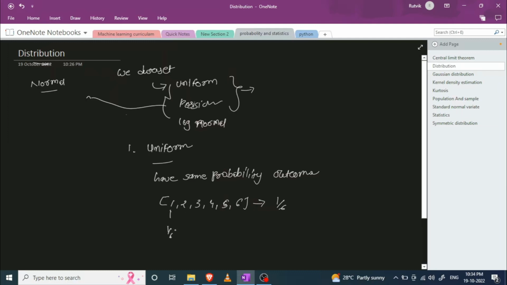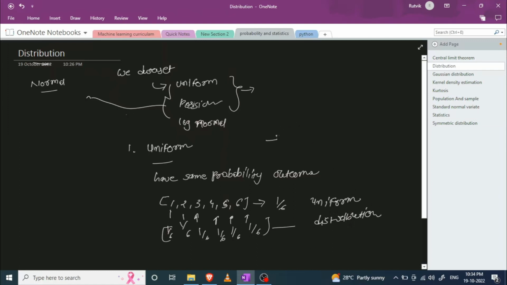So as you can see here, the 1 has the probability 1 by 6, whereas the 2 has the same probability, 3 has the same, fourth has the same, and fifth, and here is the sixth. So all numbers have the same probabilities, and this type of distribution we can say follows the uniform distribution,